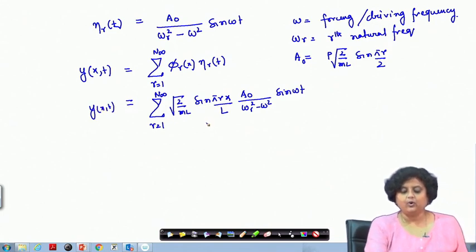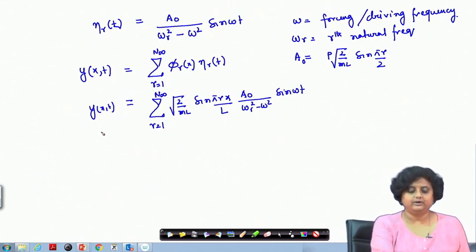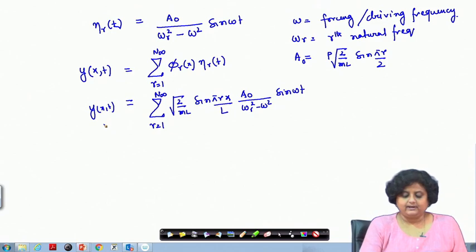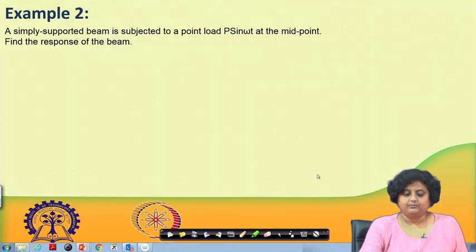So, we know all the terms on the right hand side, and therefore, we know the expression for y(x, t), which is the physical response of the Euler-Bernoulli beam because of the point sinusoidal load acting at the midspan of the beam. So, with this, let us move into the next problem,